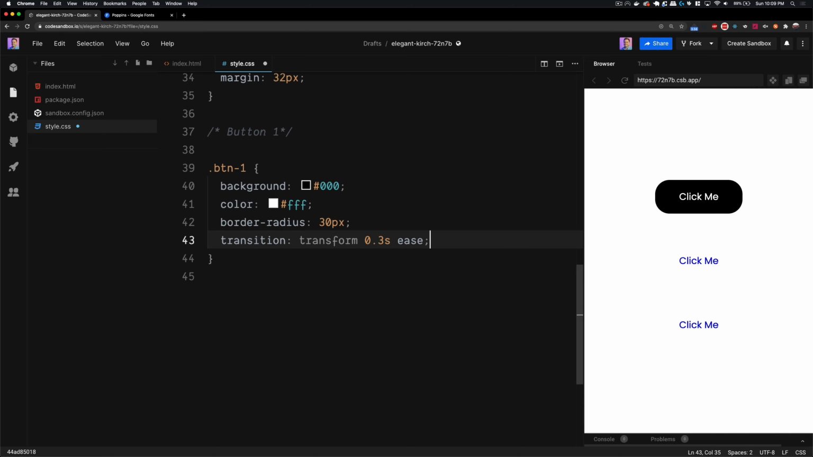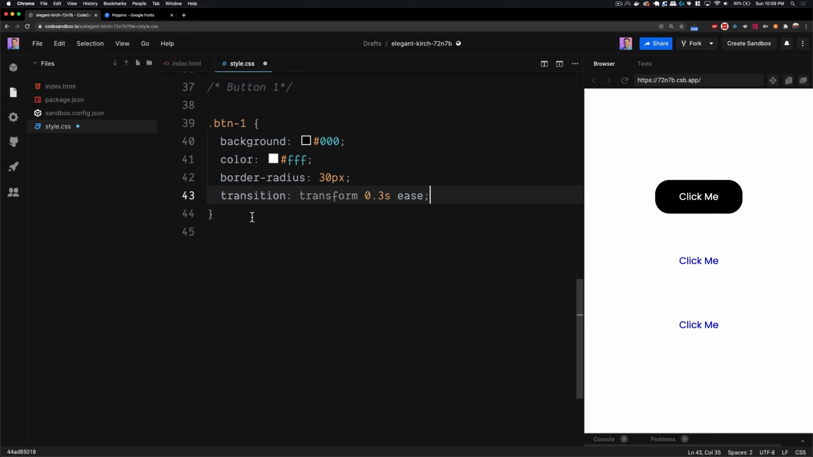And then the type of motion we want. So instead of it just being one solid speed throughout, it's going to ease in and then ease out. Or in this case, just ease. Okay, so now what we can do is create some pseudo elements in order to get that